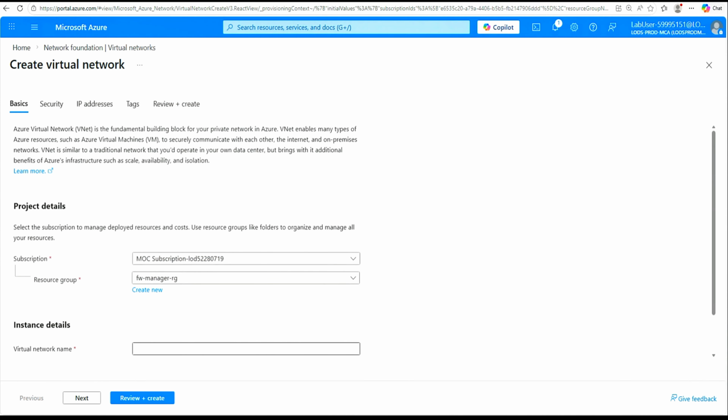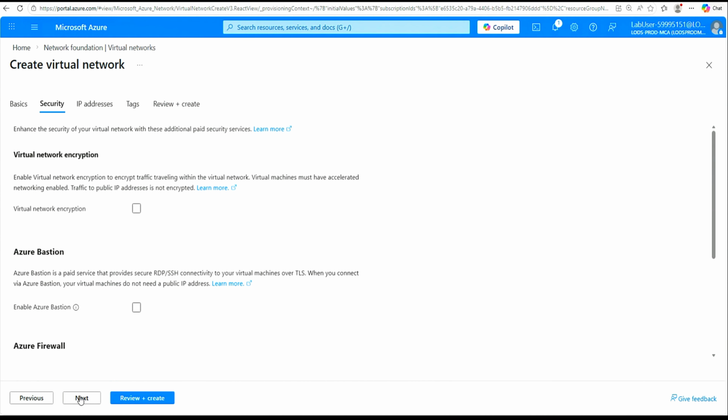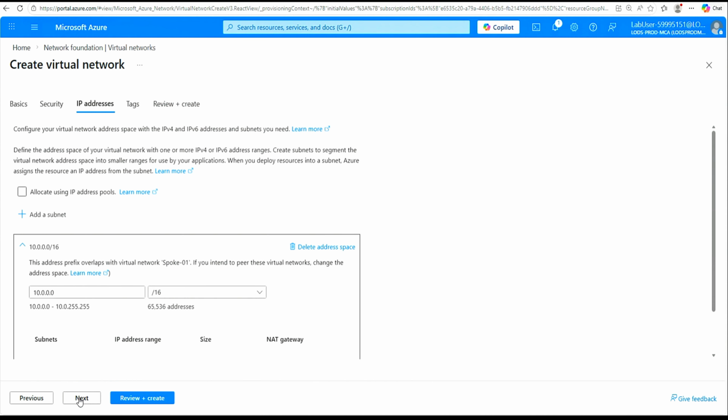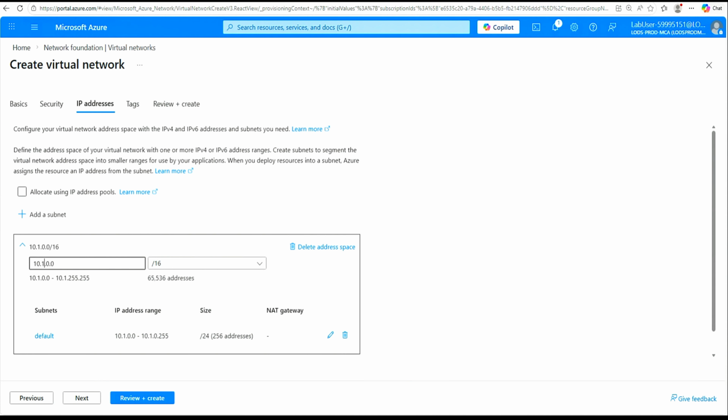And this time we are giving that name as spoke2. Next, click next. IP address we are giving 10.1.0.0/16,